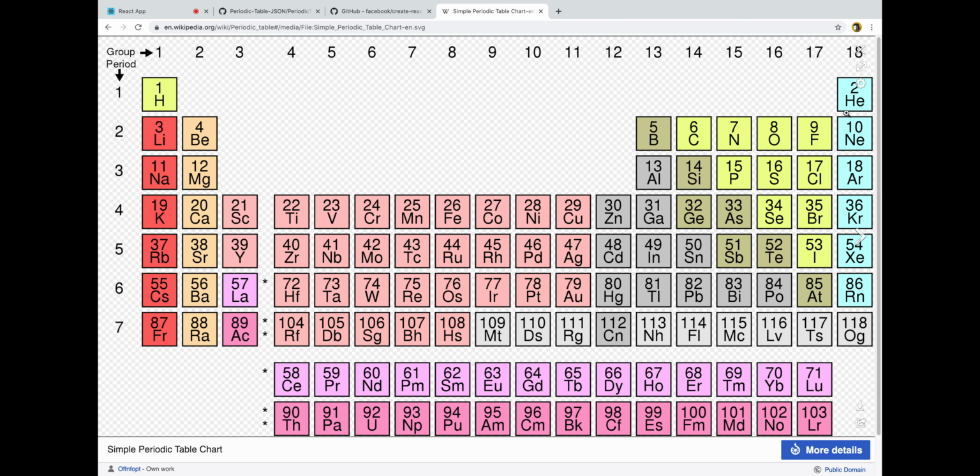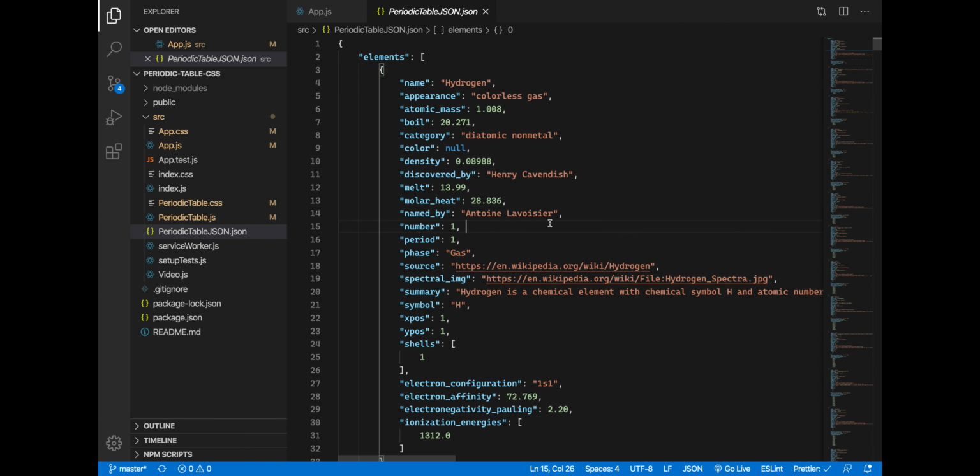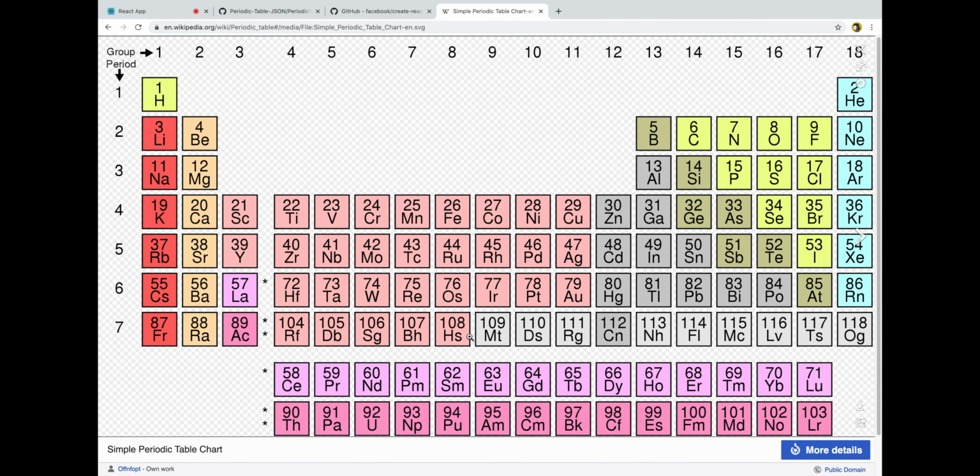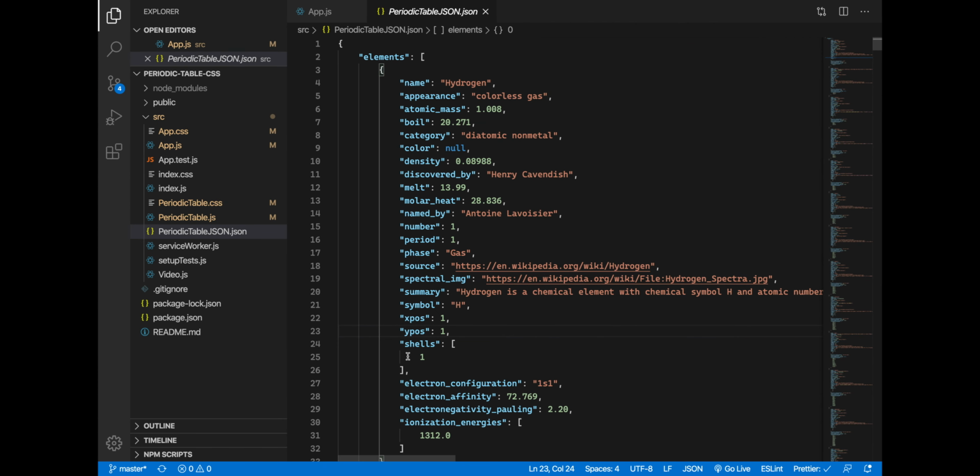The solution for that is basically in our data itself. If you look at the data, for example at hydrogen, you can see that there are these two properties, xpos 1 and ypos 1, and it just describes the position of this element on the periodic table grid. What we have to do now is basically set up a CSS grid and assign each of these elements to the respective position on that grid using the xpos and ypos properties